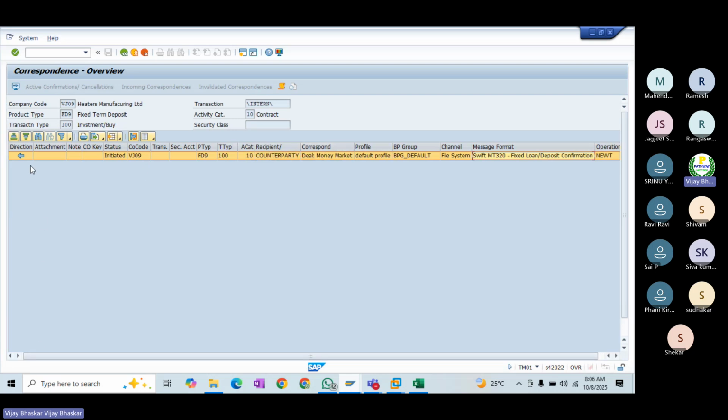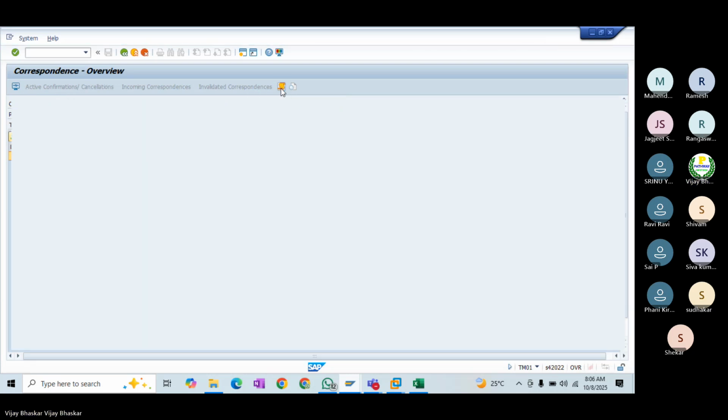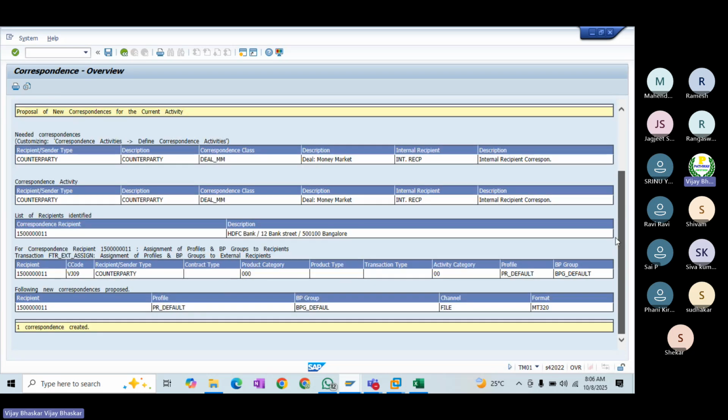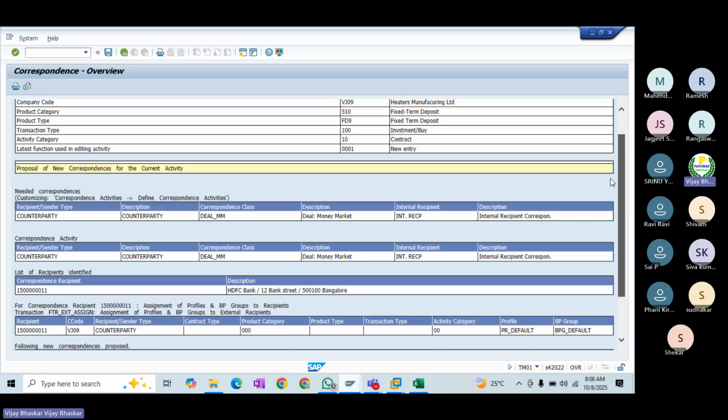Now even though the system is going to trigger outgoing correspondence from here, based on the middleware mechanism you are having, the system is going to send the correspondence. Now you can see the detail log also. You can see that correspondence information. Detail log is nothing but which correspondence you are sending, what is the format which you are using, the required information which is described.